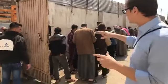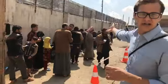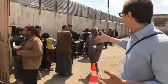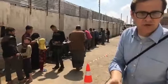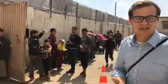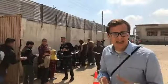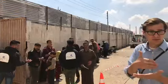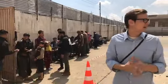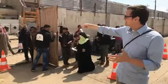So just along this line, people come along and they come to a desk that's open. They'll sit with the person and show them their paperwork. They'll get themselves registered. They'll show documentation of how many kids they have, the number of their family members that are with them, dependents, and then they go out. They get a special ticket. They take that ticket out here,